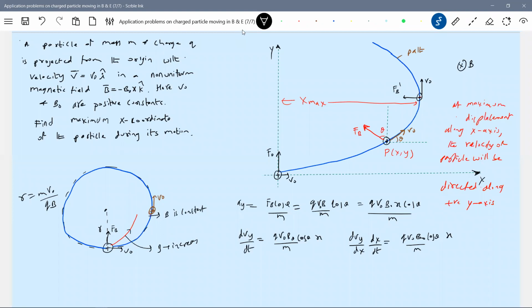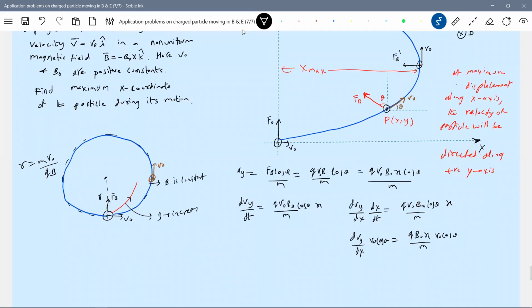What should we write for dx by dt? V naught cos theta. There's a reason, no? So like this we write it. So V naught cos theta will get eliminated. So we'll end up with dVy by dx is equal to,